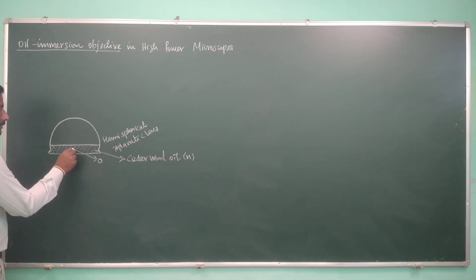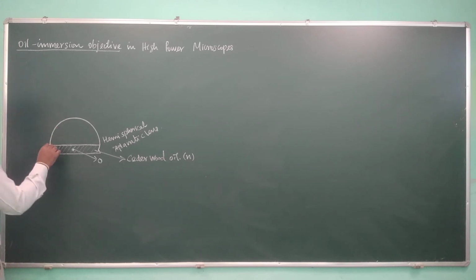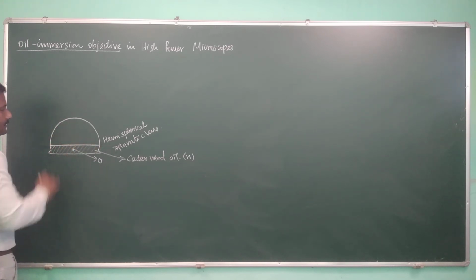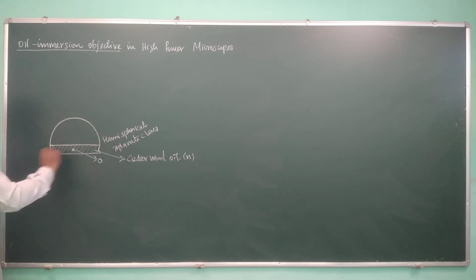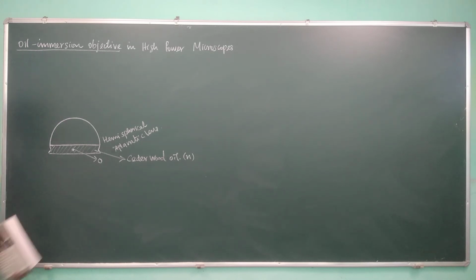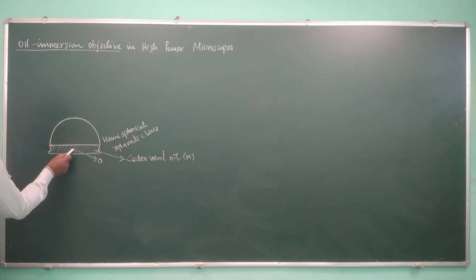Now if we place the object within this oil, and place the flat plane surface so that it touches the oil surface, the entire system behaves like a lens system. Now the light ray coming from this object will not get refracted until it touches the surface, because this and this have the same refractive index.